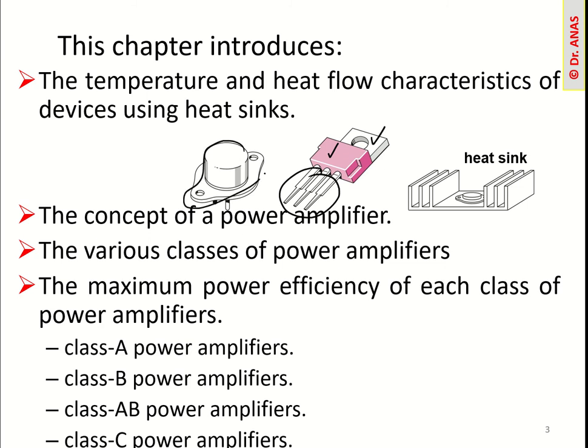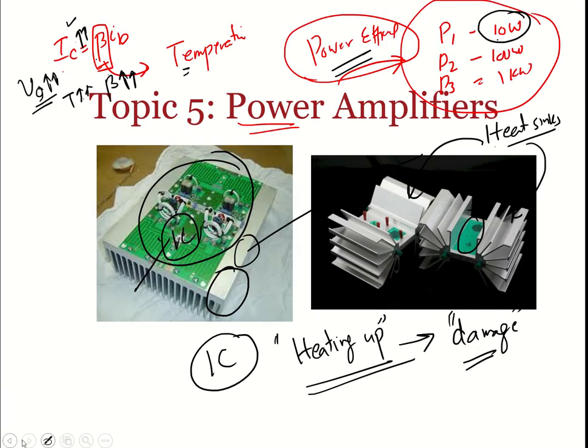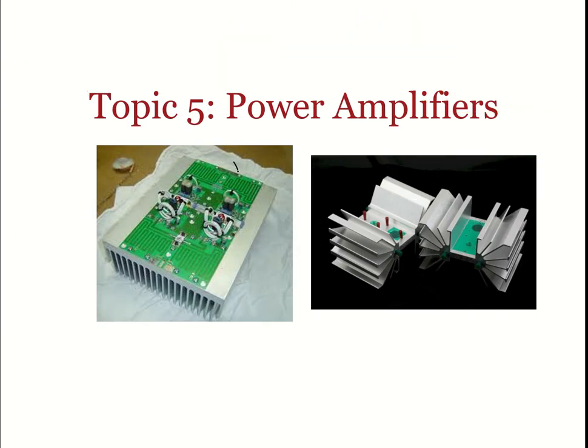This is another kind of the heat sink. So usually when we have MOSFET, BJT, ICs, you will typically find the heat sink on top, like in this structure. Sometimes we have it in this structure, and sometimes even in this structure. Like if we have a bigger device, bigger circuit, we have a bigger heat sink for that. For example, this is the circuit, so this is the heat sink for that.